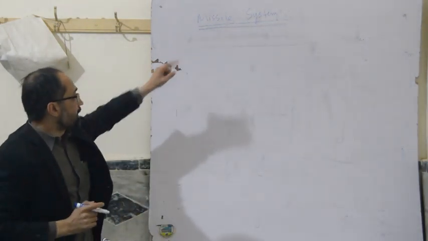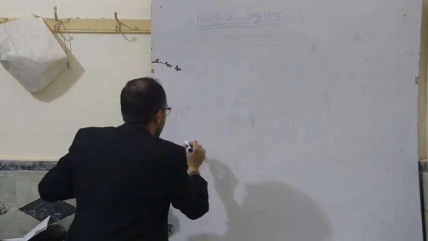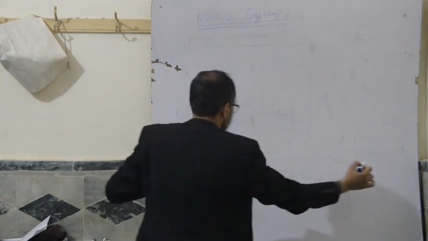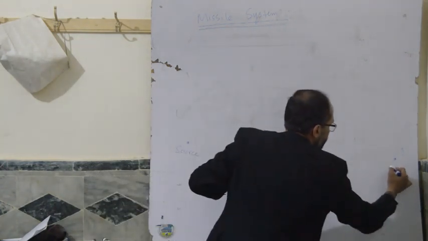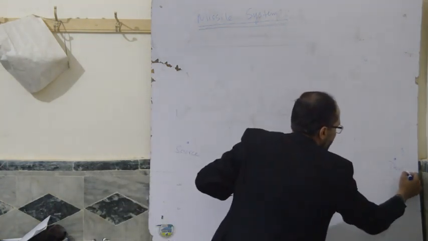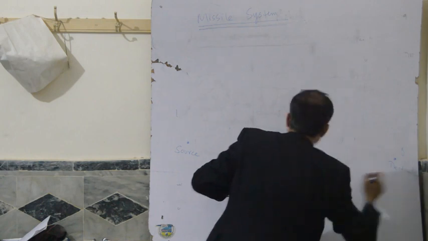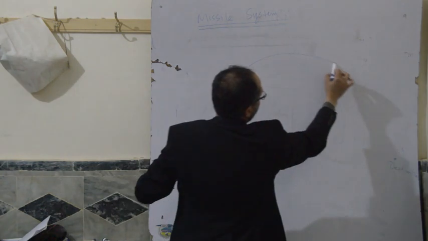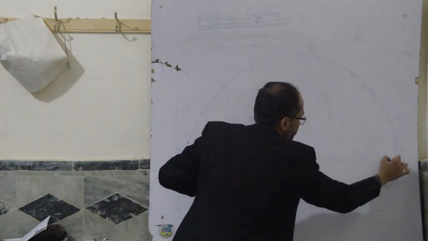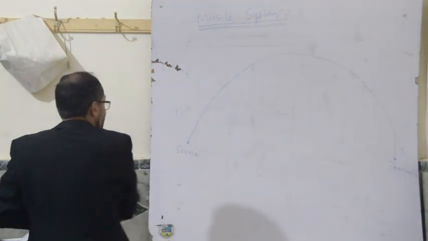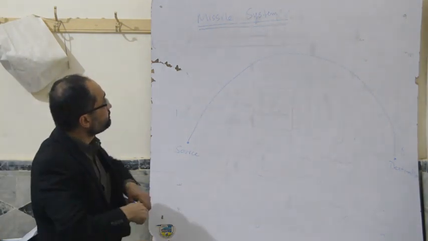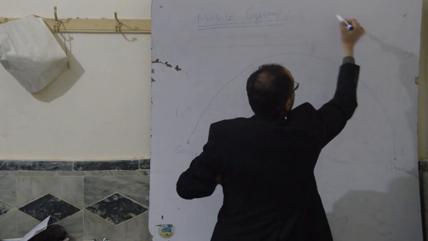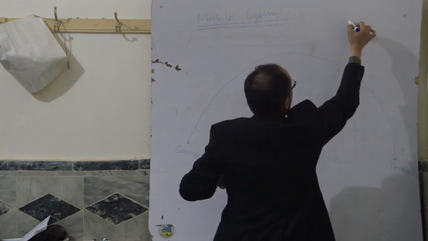A missile is typically fired from the source location to the destination, and it follows a trajectory. Let's assume this is the trajectory of the missile. And let's assume that this missile carries an atomic warhead,